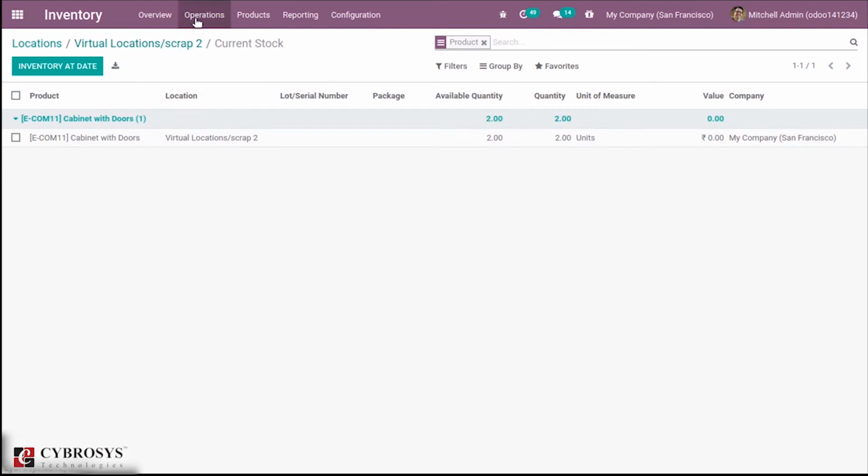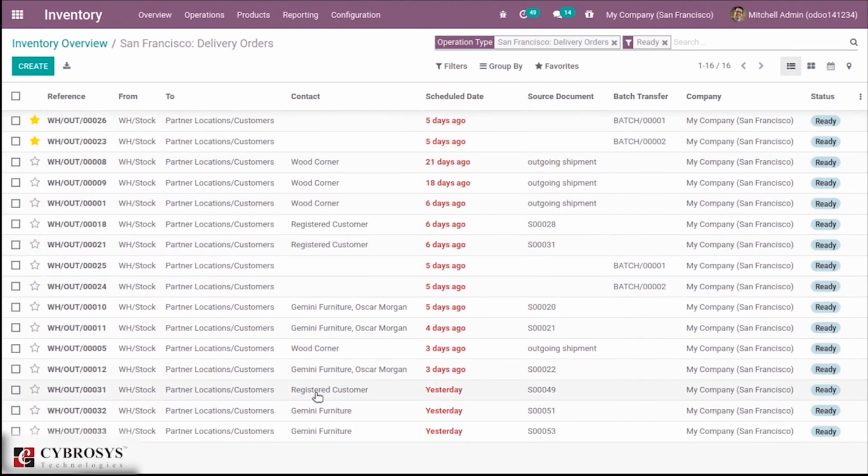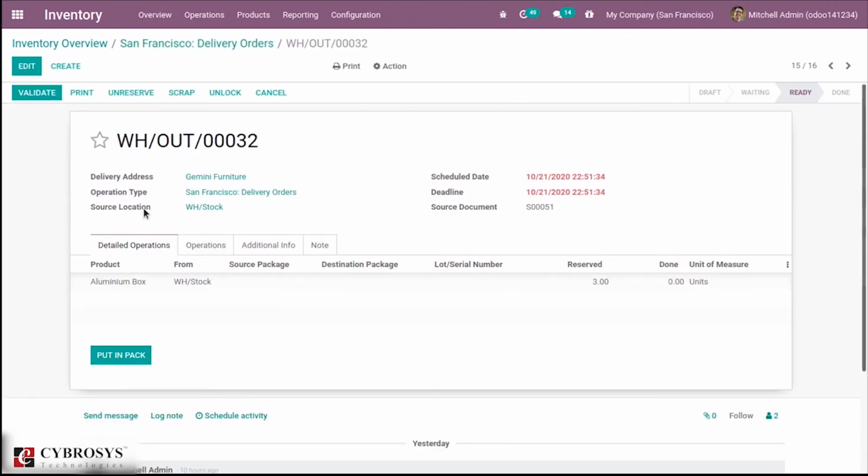Then we can also create a scrap order during an internal transfer and also while delivering products when selling. If you click this, you can see a product, aluminum box, to be delivered. Before delivering, we can also see that our product is damaged.